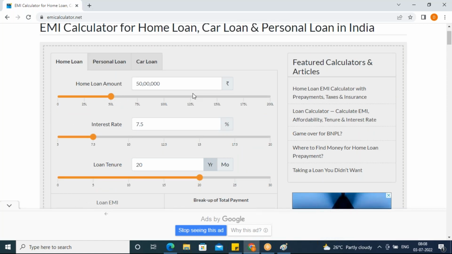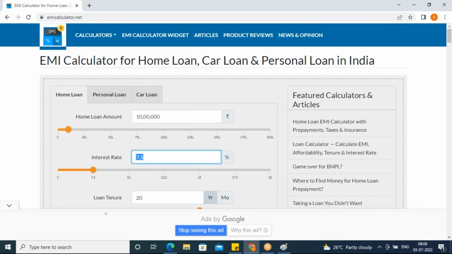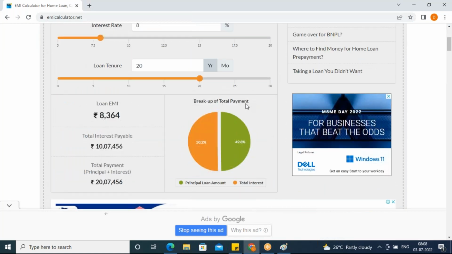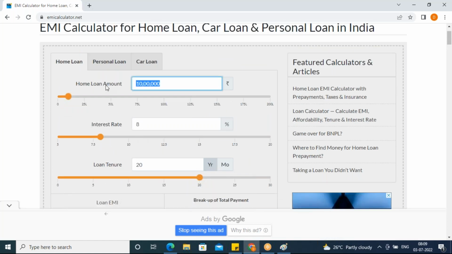EMI calculator. Now here, lakhs of customers, crores of customers, have different requirements. Let's say if I say 10 lakhs, it will give you the result related to 10 lakhs. Maybe someone has a different interest rate, right? Interest rate is also not the same for everybody. See how it is possible? Basically, loan amount, interest rate, tenure. With these three values only, they wrote the formula.